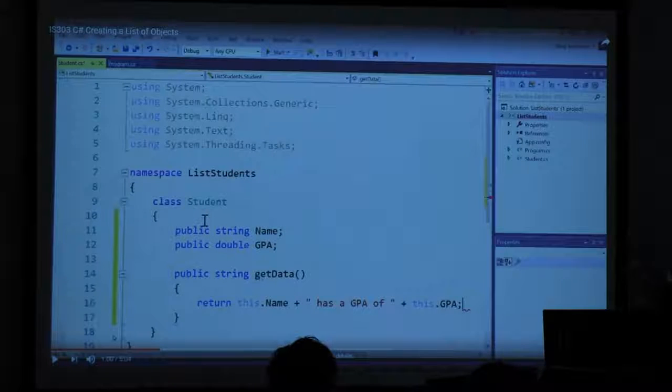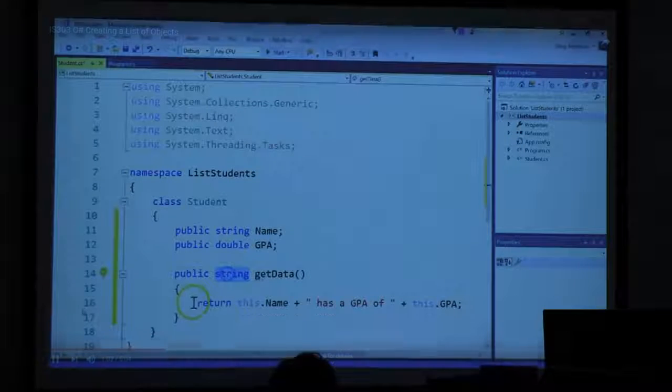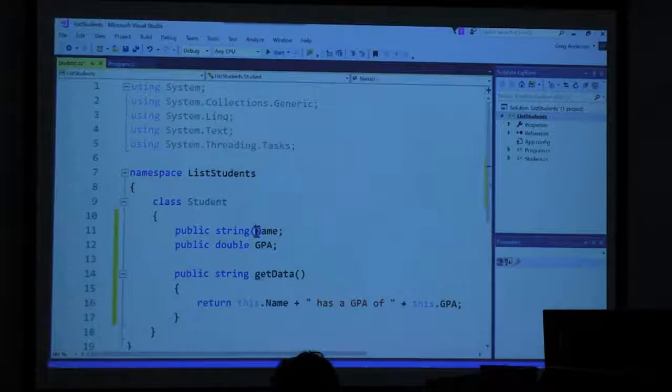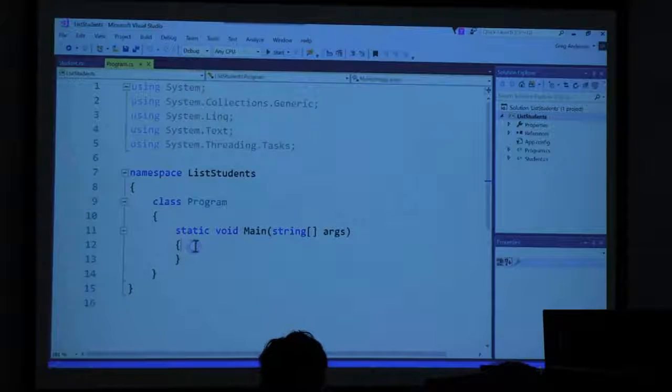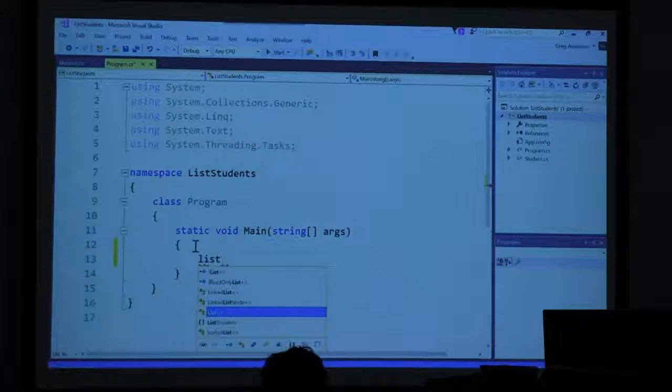Yeah. So again, it hurts a little bit of what we have discussed so much here, but ignore certain things, for the sake of. This method, when you call it, will return a string, which is that string, and there's two instance variables associated with the class. Everything's public. That's fine. Let's come back over to the program, and now I want to create a list of objects. So I type in the word list,